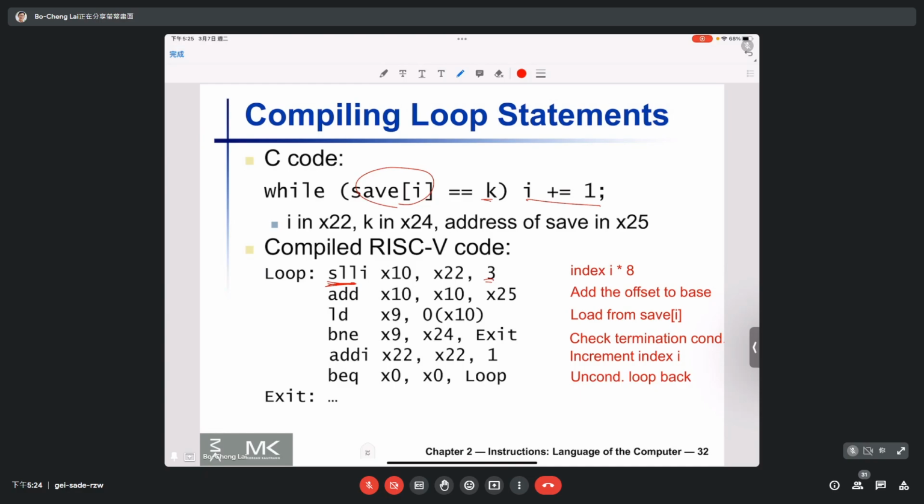It's double word. 你还记得刚刚那个吗？一个 double word 就占8个位置，所以你的 array 的下一个位置会在前一个位置的基础上加8，它一次跳8。Make sense? All right, so I take this x22, that's my index. 我的 index 乘以8，我是第几号嘛？第一个 element 还是第二个 element？